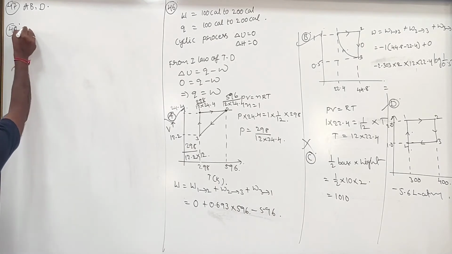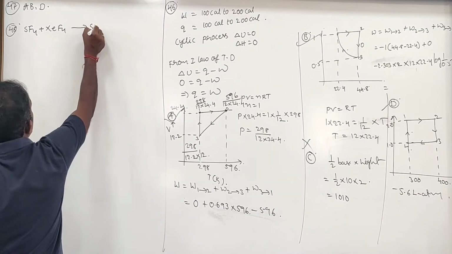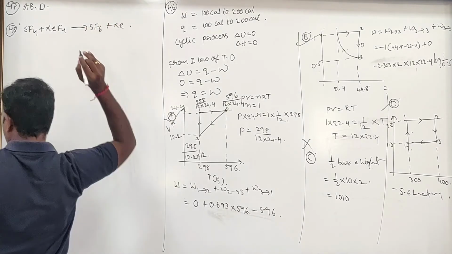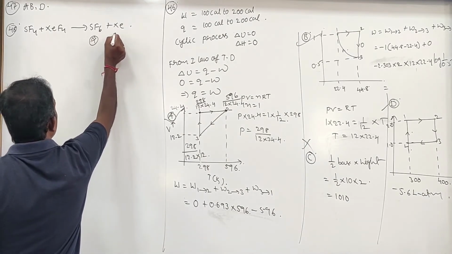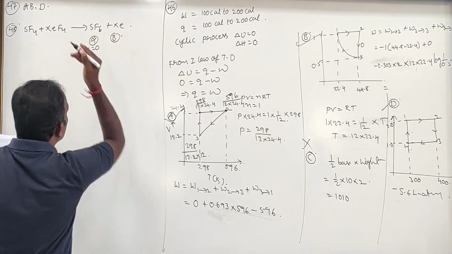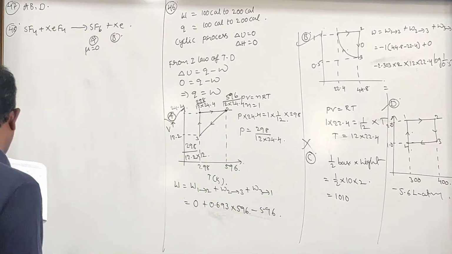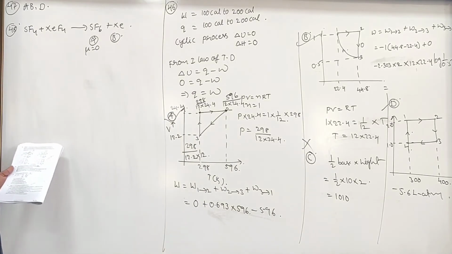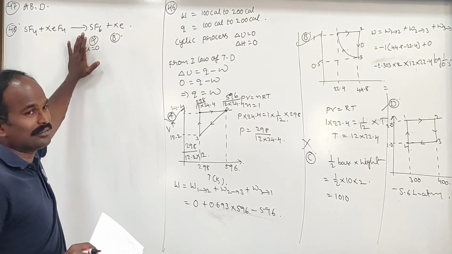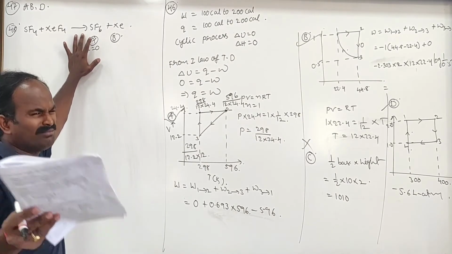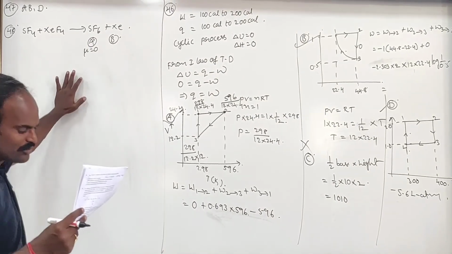In question number 48, SF4 plus XeF4, first of all, what does it form? SF6 will form along with Xe. Now let us check. This is A and this is B. Its dipole moment is equal to 0, absolutely correct. If A is a polyatomic gas, then, yes, we'll see. Gas A is highly soluble in hexane, correct. Gas A is non-polar, therefore it definitely is soluble in hexane or carbon tetrachloride and all those things, since the dipole moment is equal to 0.